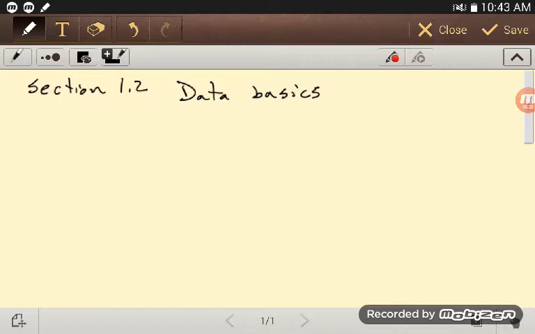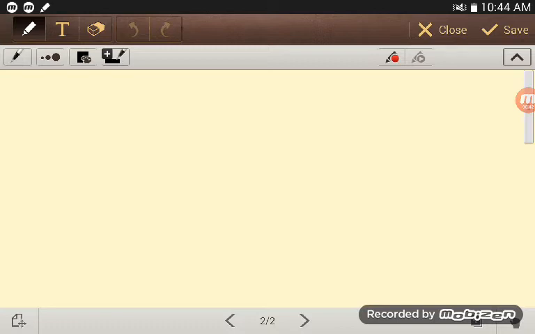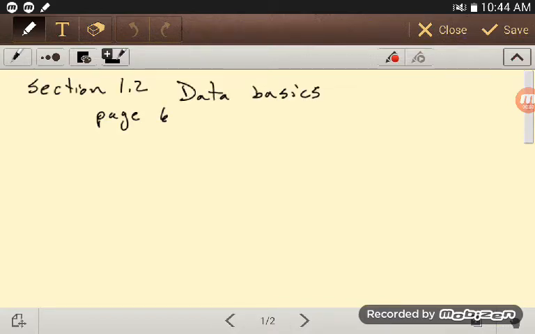I talked about continuous variables or numerical variables and categorical variables, and so on page 6 of your text, they mention, whoops, I'm not sure, I just erased all, oh no I didn't, went to page 2, somehow I hit something on here with my hand, went to page 2, and there, I fixed that. I guess the hand control or the skin control. So yeah, I have problems with technology at times too.